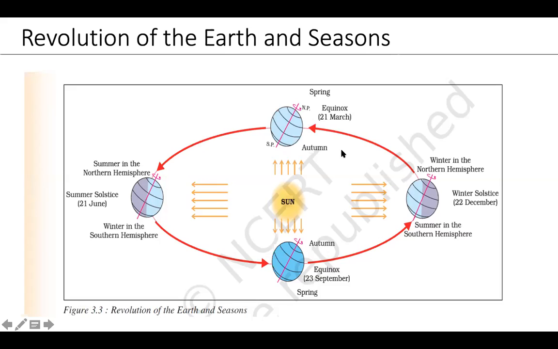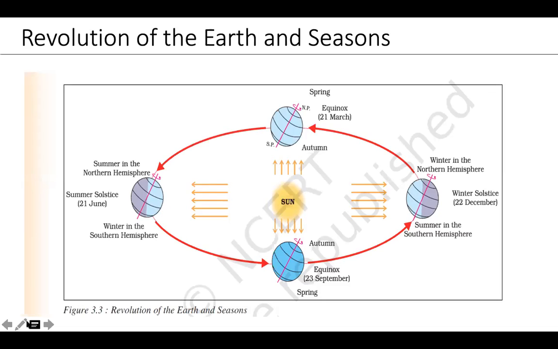Earth revolves around the sun in elliptical direction, and every time it will change the direction because of the gravitational force of the other planets. So now we take this position. So in this position, we call this one as equator. This is 23.5, okay, and this is 23.5 south, this is north.